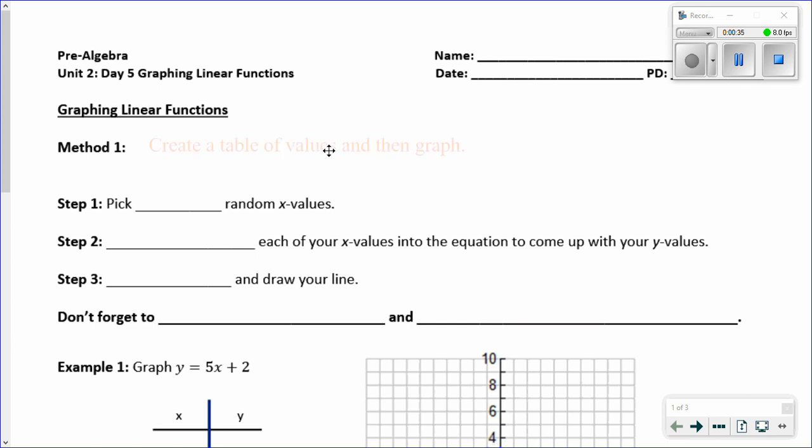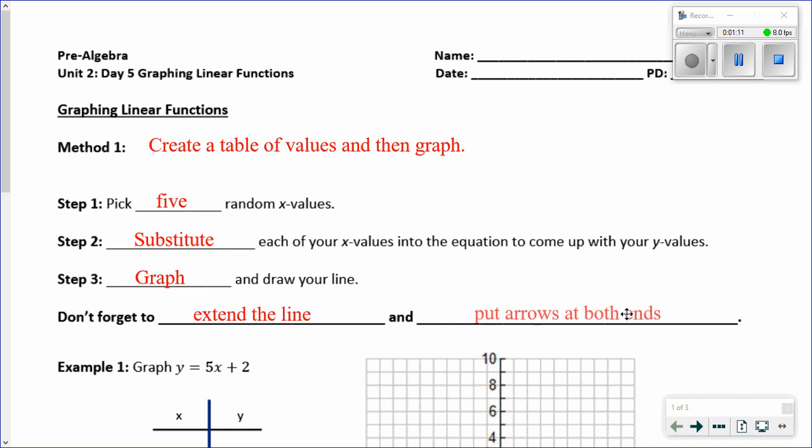So method 1 is creating a table of values and then graphing it. Step 1 would be to pick 5 random x values. You can pick whatever you want. I always stick around the numbers around 0 just to make them nice and small and easy to work with. Step 2 is to substitute each of your x values into the equation and come up with your y values, and then graph the points and draw your line. Now don't forget to extend the line all the way through the entire graph and put arrows on both